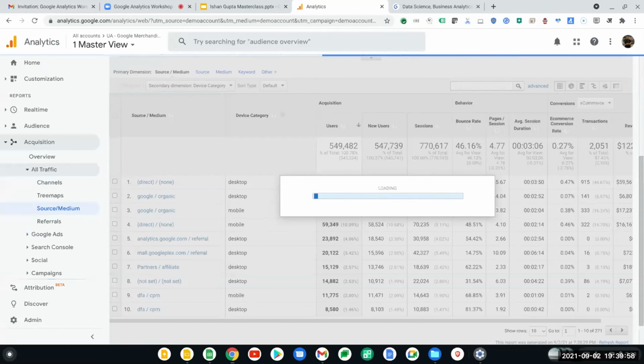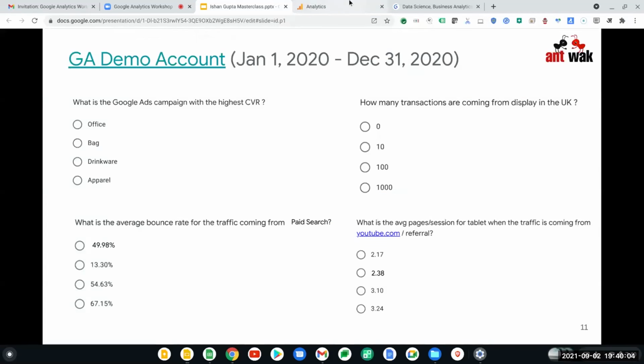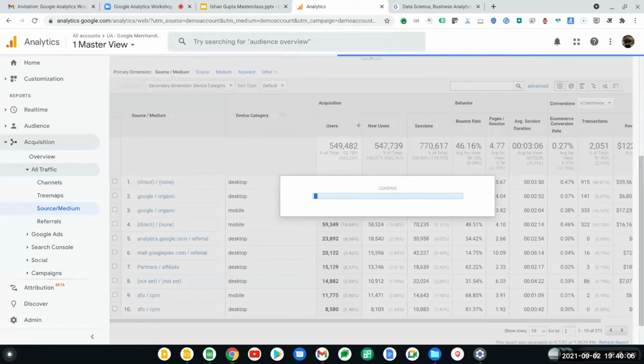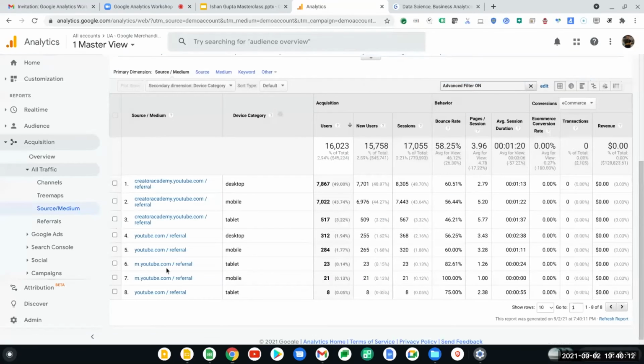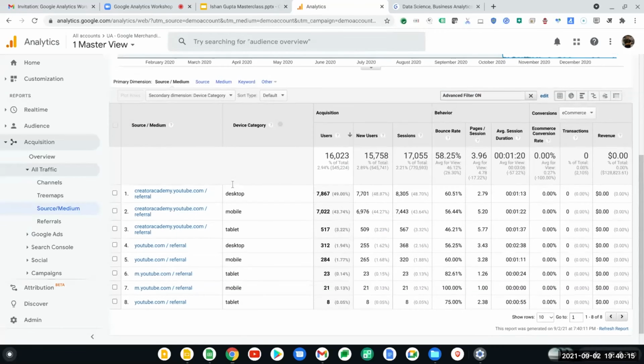There seems to be a lot of data. It's taking time to load. Okay, so we have these options.